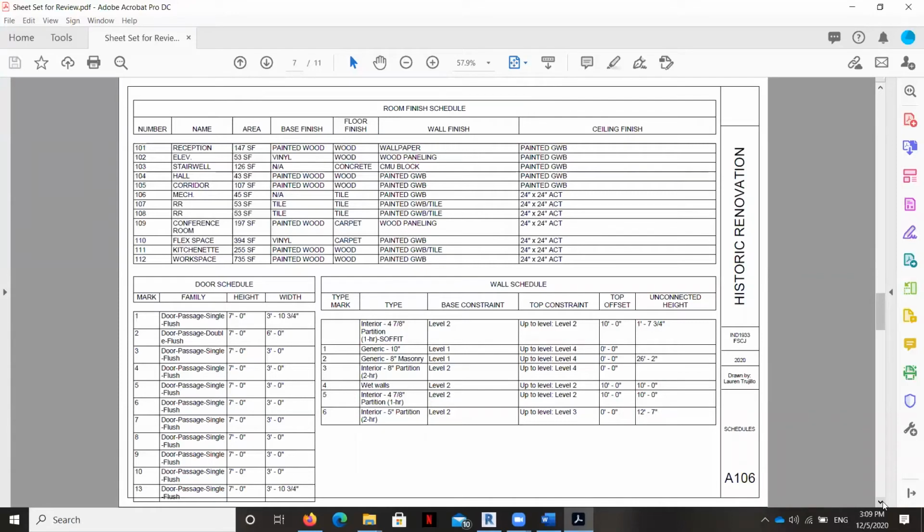Okay, room finish schedule, again, hasn't had a lot of changes made to it that might affect the overall graphic appearance, except for some reason this little door schedule part is underneath the page border. So I'm going to shift all of that up, and it's probably going to affect the consistency between this margin and this margin. So I'm going to grab the group, move it up, and then fix any margins as necessary.